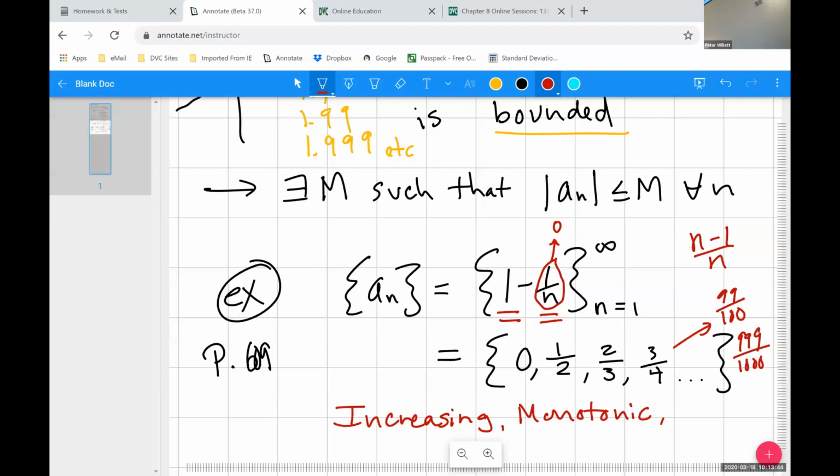So what does that mean in terms of our new language? We would say this is an increasing function that is bounded by 1. Is that okay? Questions at all about that? Okay,